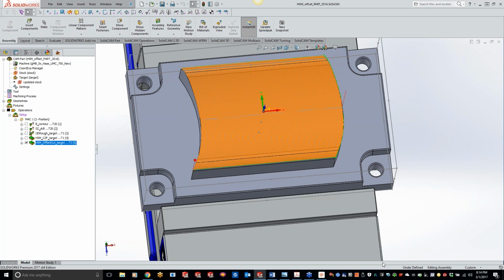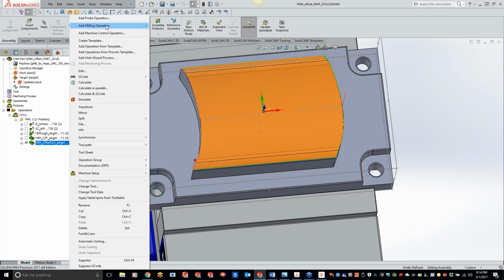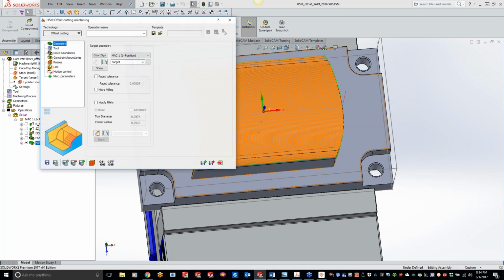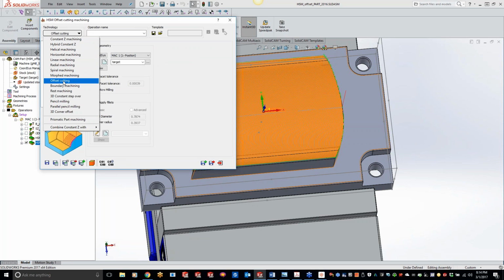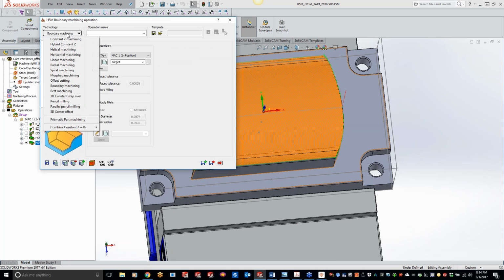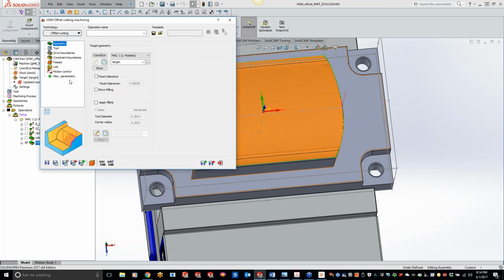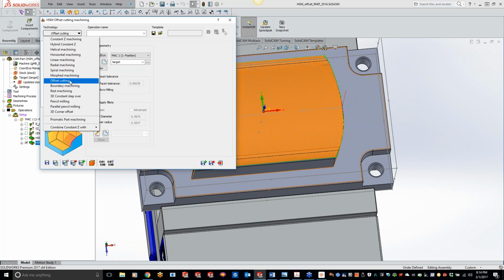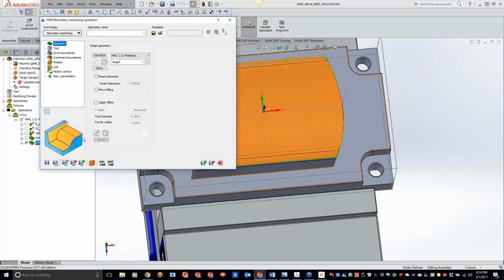So what we'll do is, well, here, we'll just do one real quick. Do our 3D HSM. And we'll do our boundary cutting. As I'm going through all these options in here, we were on offset cutting. Notice the pictures change. So it gives you a good representation of what's going on. Offset cutting basically had that highlighted curve right there, and it's going to follow that curve. And when we go to the boundary machining, it's basically doing a trim pass all the way around the outside boundary. Good for deburring,